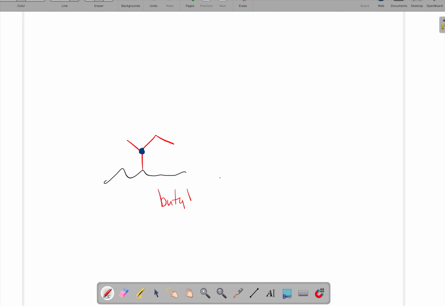And when I look at that butyl substituent, it is connected to how many carbons? 2. What about 3? We don't care about the main chain, we only care about the substituent. So it is connected to 2 carbons. One of the things that is going to come up later in the semester is that when we talk about carbons, as carbocations, we could label that type of carbocation as being tertiary. And I could label a carbocation